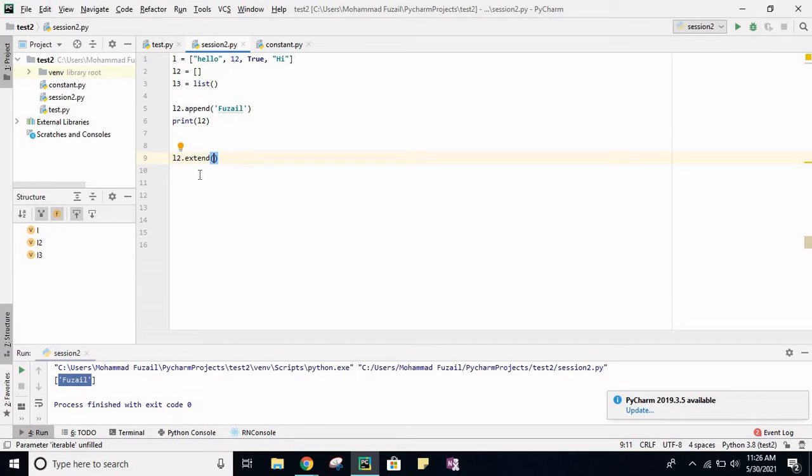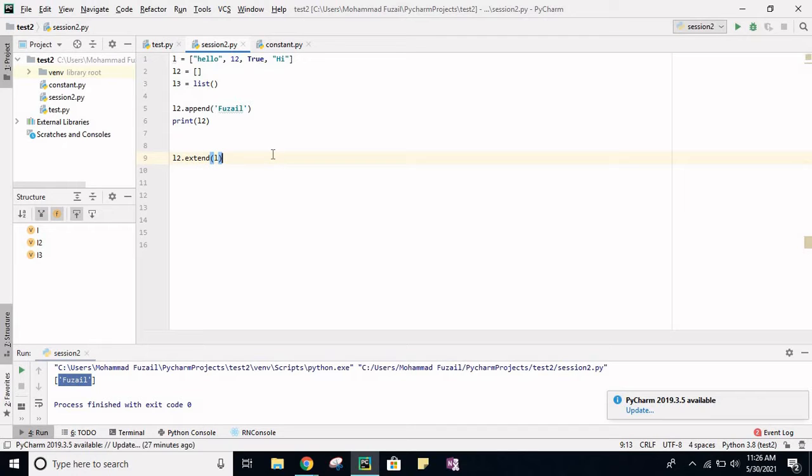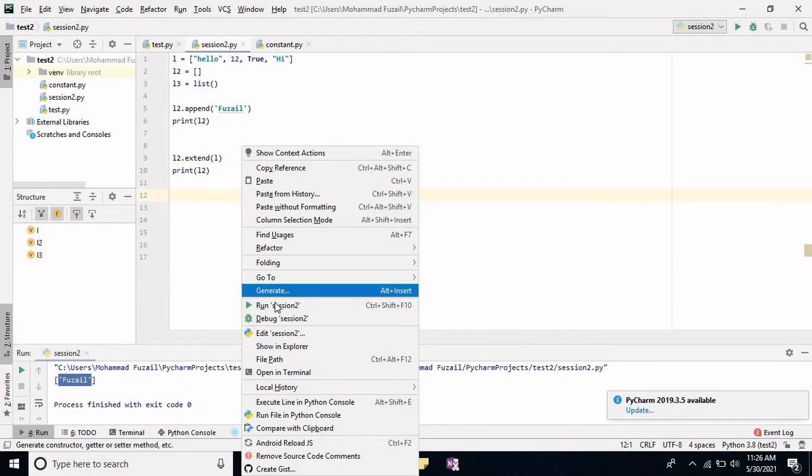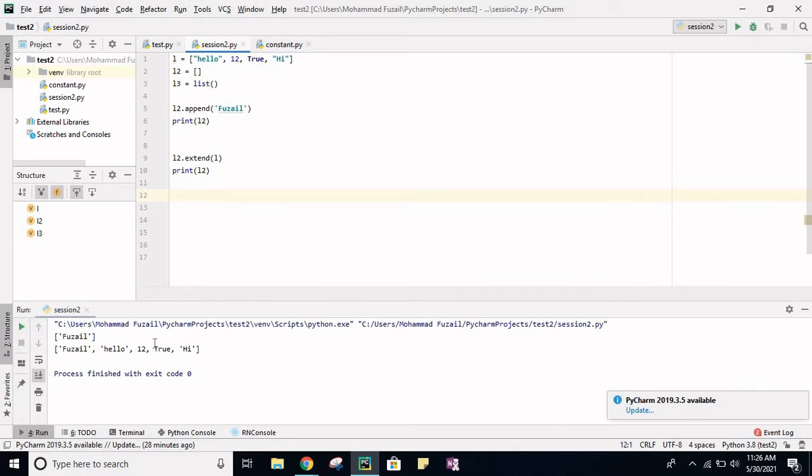What I will do is say L2 dot extend, and pass that list of all those elements, L, in the extend function. Now all these elements will get added in list L2. I'm just printing the list L2. See, all those elements got added to the list L2.